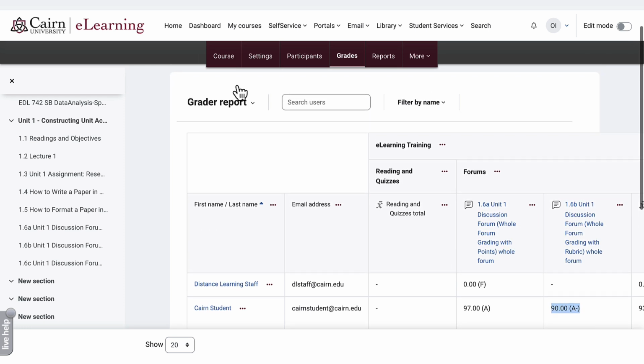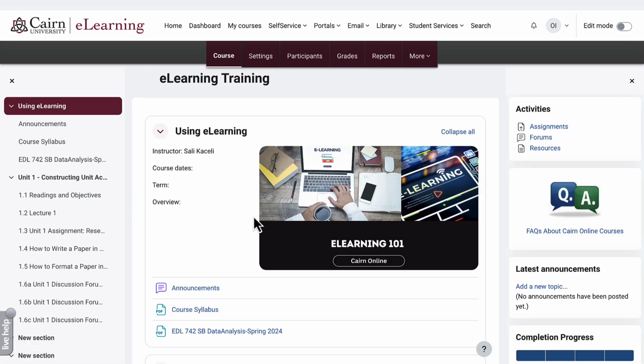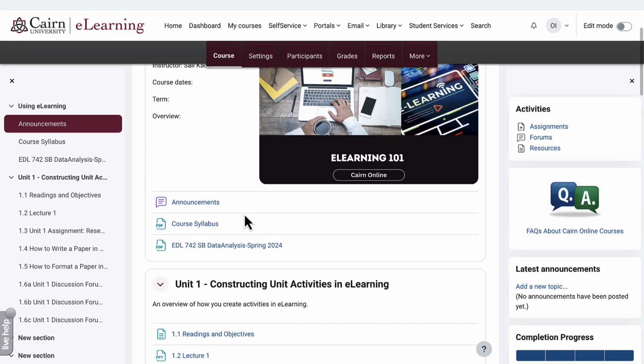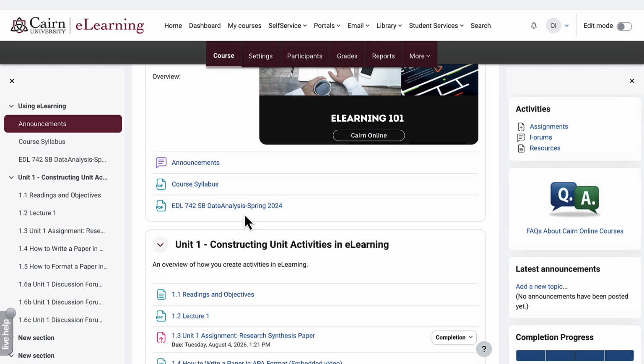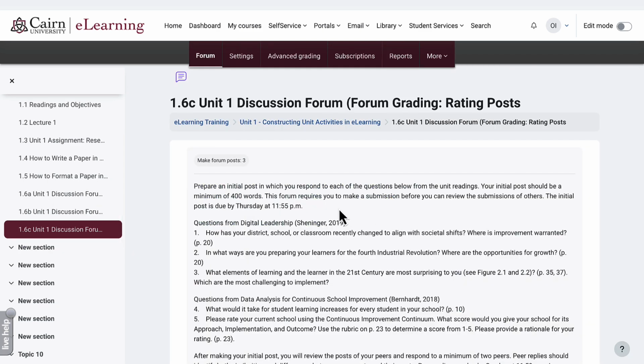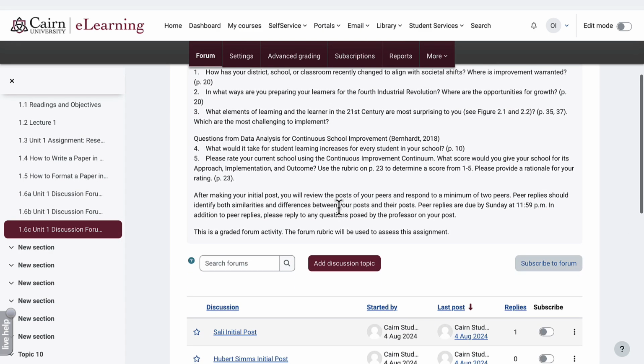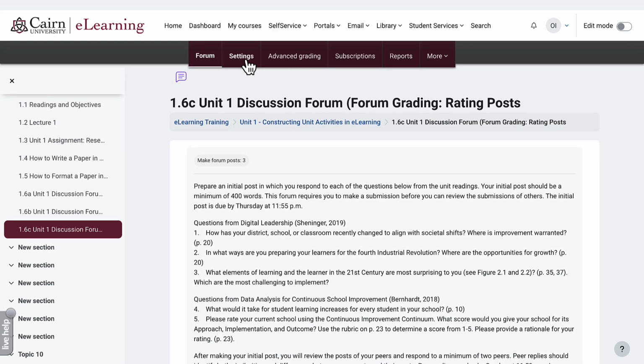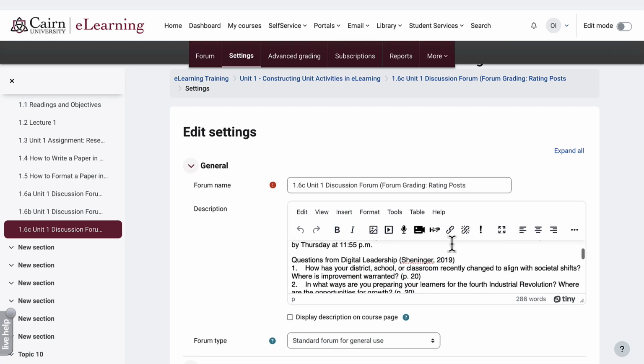Now, if we go back to the course, there is one other method for grading the forums, and that is to rate each response separately. So here is rating the actual separate posts. So we have the prompt, the initial prompt. If we go here to settings and scroll down,